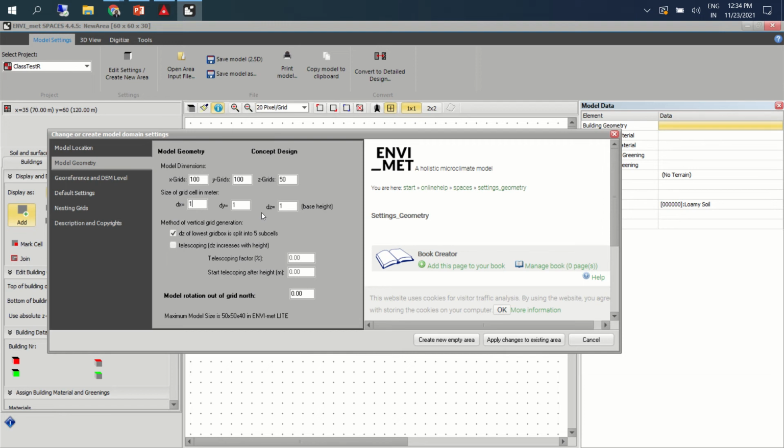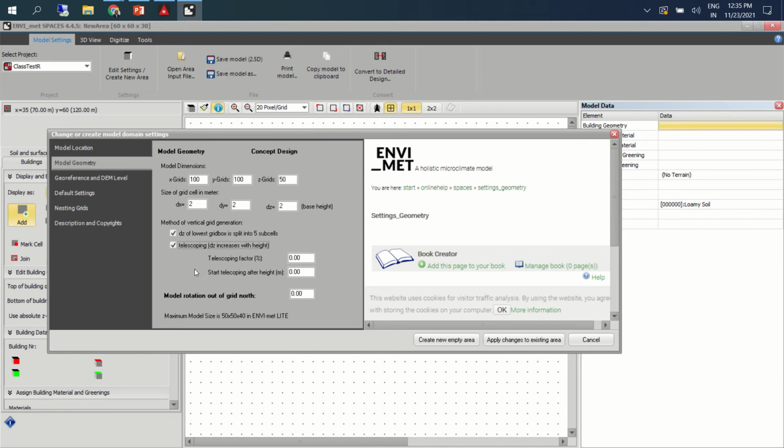If your system is weak, in the sense that you don't have a dedicated GPU, my suggestion is you can keep 2 or more than 2. And this is one thing. The second thing is telescoping. This is also important. Like I said, you have to keep a certain buffer area in the model, so that there's no error while simulations.